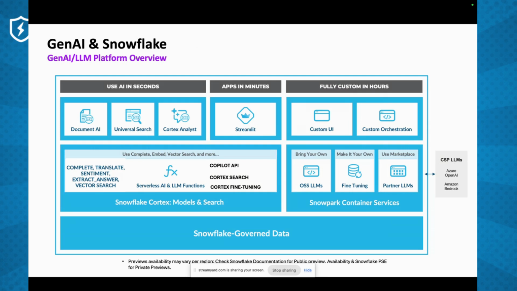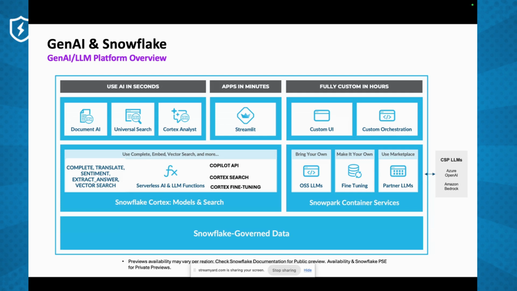Now let's go one step further into Snowflake and GenAI. I think this slide is a common slide. We have spoken about it in a couple of sessions. I remember in my last session I spoke about it. But just a second for us to understand again, we are talking about a play of GenAI and LLM for Snowflake, and the thought is very simple: you need to use AI in seconds, apps in minutes, and fully